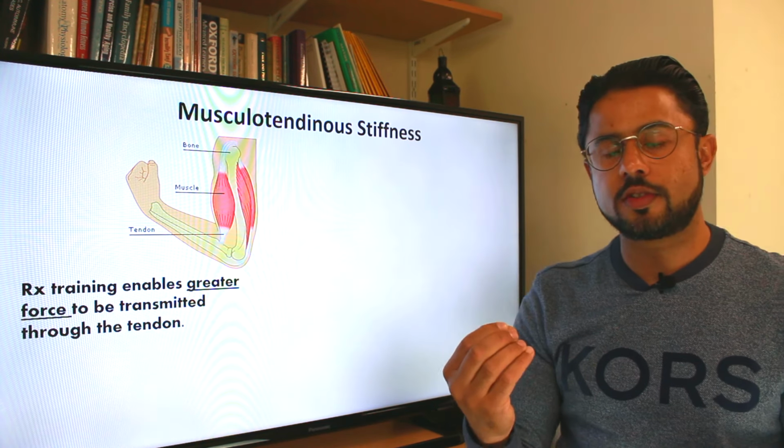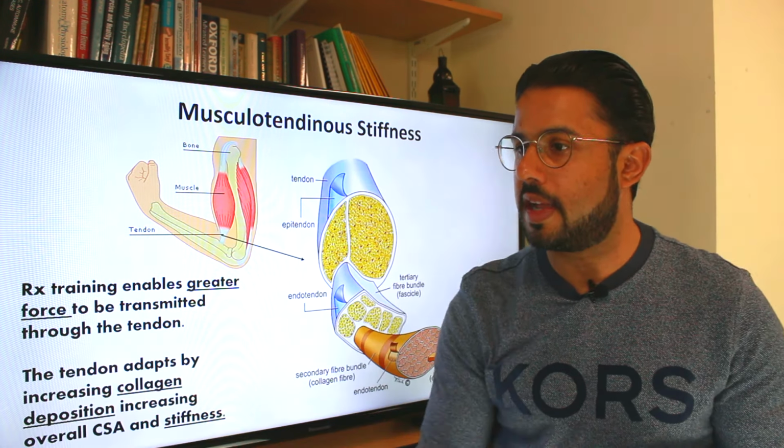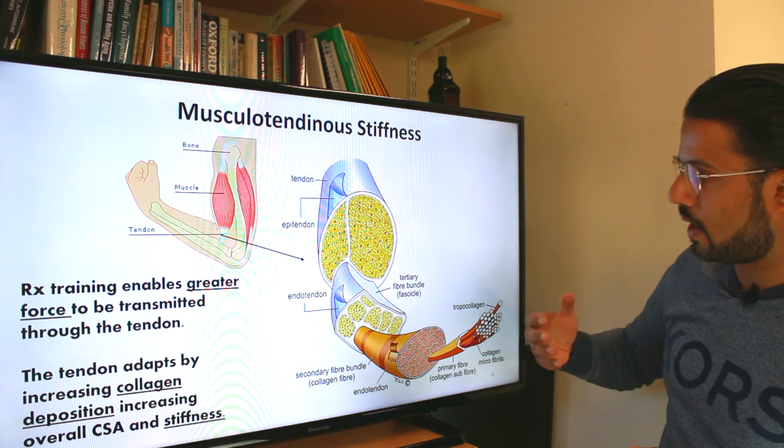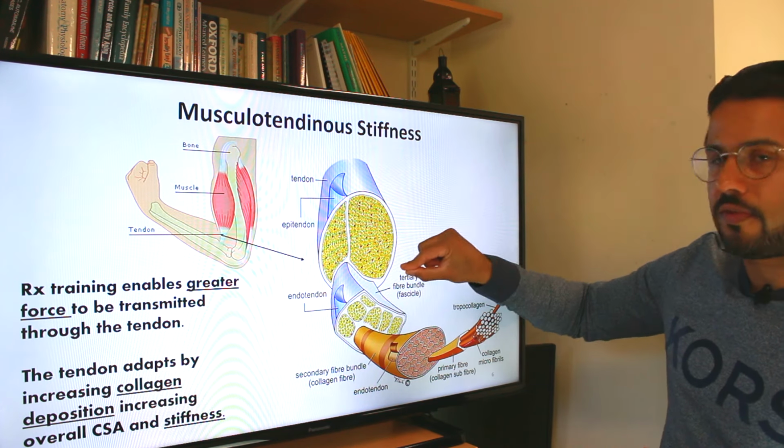Now, when you do resistance training, one of the things that will happen is that you not only will get bigger biceps, you'll also get larger, thicker tendons. So again, if we take a cross-sectional look at the tendon here, and we sliced the tendon, we had a look at what we're seeing, again lots of fibers.